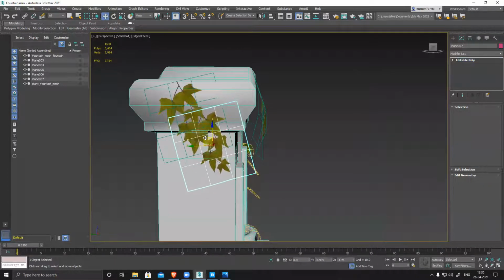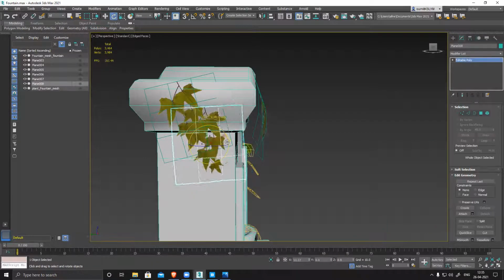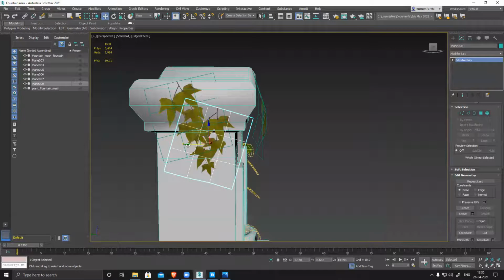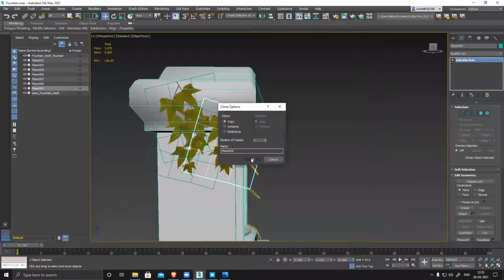duplicate, same thing again, rotation, place it one more time.